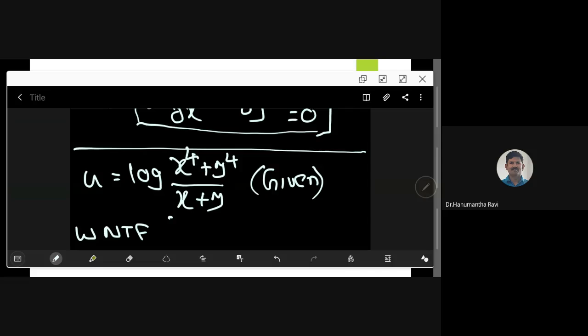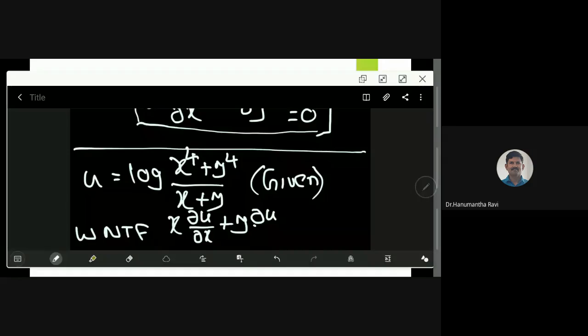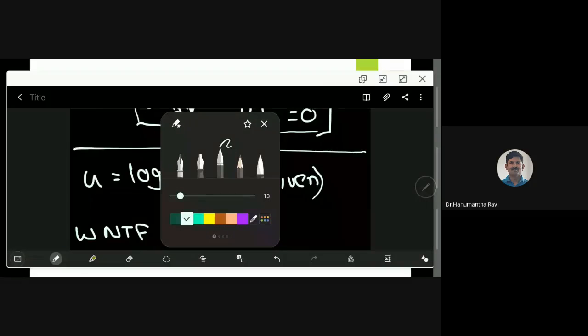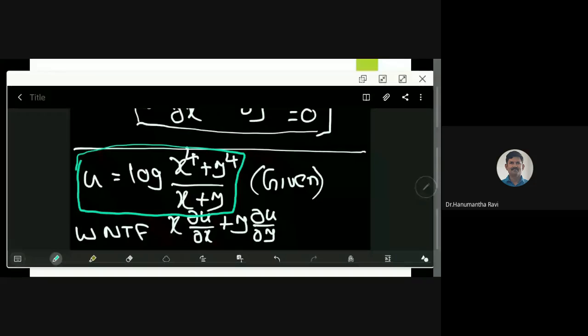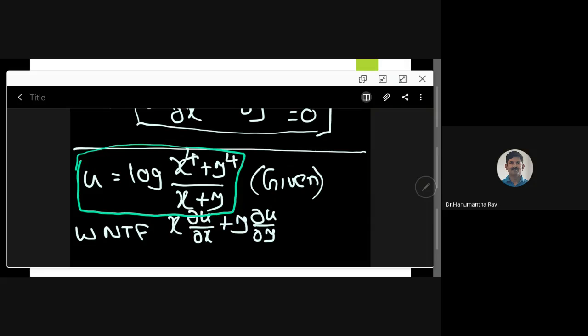See, whenever you find this, please see whether Euler's theorem is applicable here. So what we have to do? We have to check whether this function is homogeneous. If so, of what degree? If we are able to determine that, then we are done. Then it becomes n into u. N is the degree of that homogeneous function. So to check whether this is homogeneous,